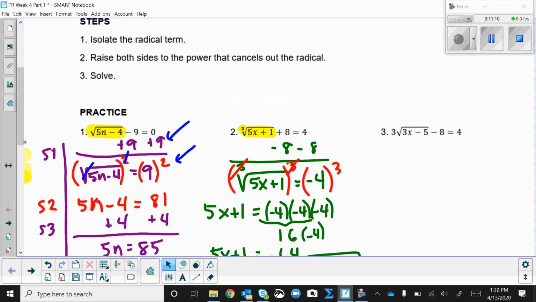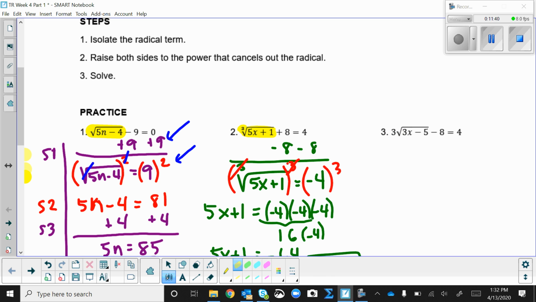All right, so take a minute and look at number 3 and notice the differences there from the other two problems. Hopefully you noticed that on this problem, the new thing that's going on is there's a number outside the radical. That's not a root, it's the radical is being multiplied by 3. Okay? So now,